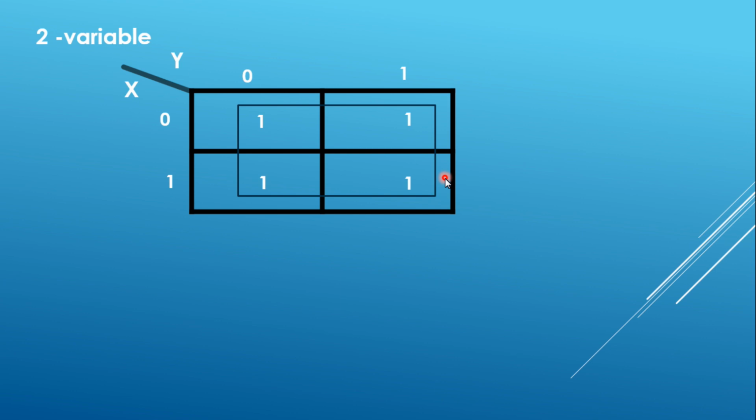So now in this case you are seeing 4 ones. I could have made 2 groups, but the better one is to have all the 4 ones in a single group. So I will be reducing 2 groups to a single group which is having all the 4 ones together.